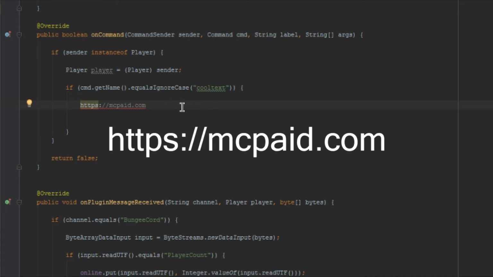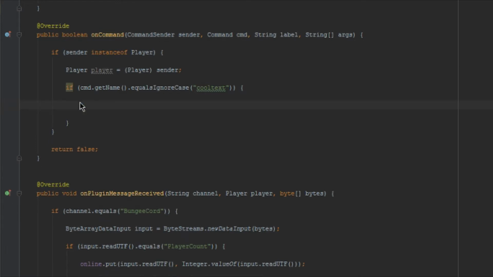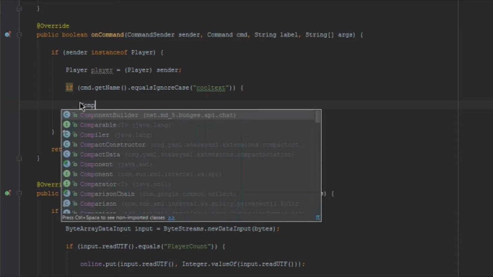And yeah, anyways, I'm gonna go over component builders, which are basically JSON text messages but wrapped into a nice class. Now, component builder, as you can see, is inside of